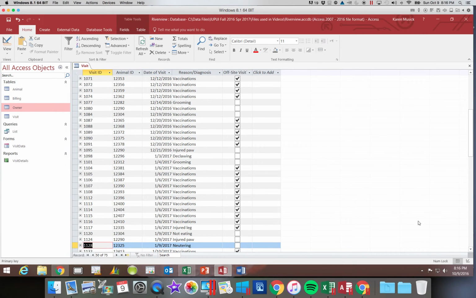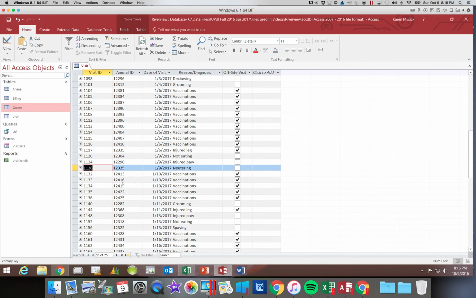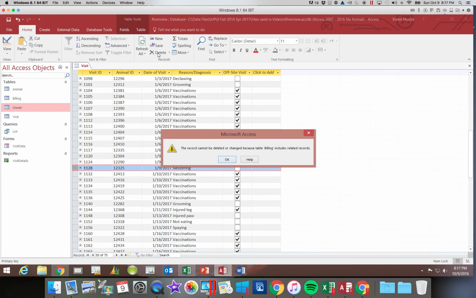All right, now let's say I wanted to delete record 1128. So I'm going to click and highlight the row, and then notice here it says to delete in the records group, so I'm going to choose delete. And it says no, you cannot delete that because there are related records in the billing table. This is what we were talking about with cascade deletes. If we had checked that box, it would not have given us that message. It would have just deleted all of it, the stuff in the billing table as well as in the visit